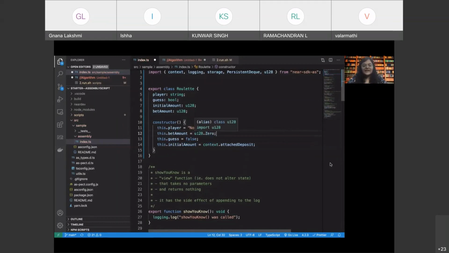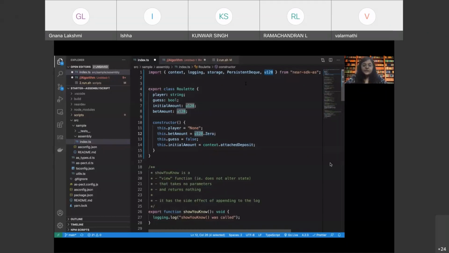So the U128 is another data type present in the Near SDK, which can be used to define a quantity, like the amount of Near, because all of the cryptocurrencies have X amount of decimals. And because of the number of decimals associated with them, the normal U32, or 16-bit, 32-bit, 64-bit types are not able to hold that.